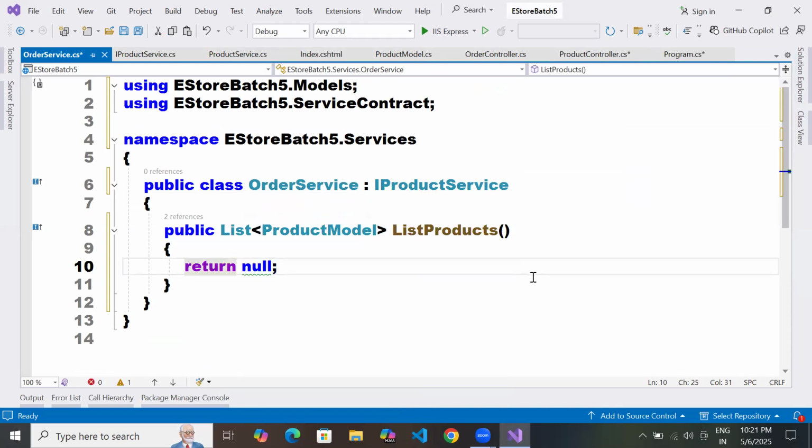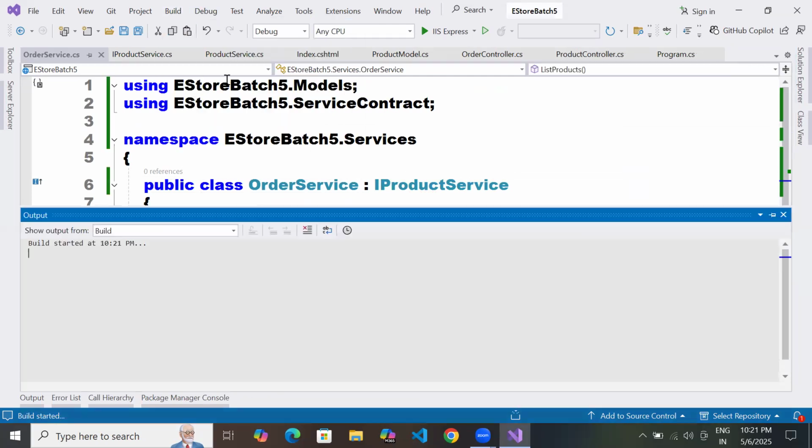Now build the project. We will register that now, sir. I'm coming. First, you need to build it.